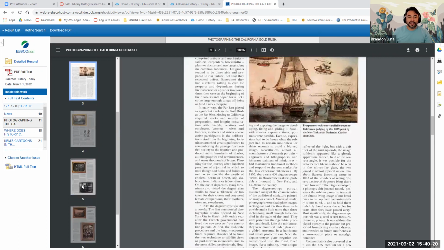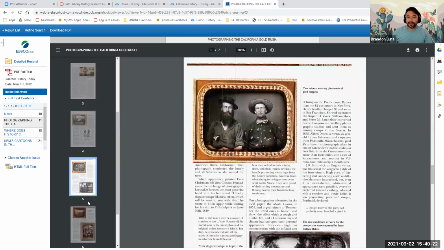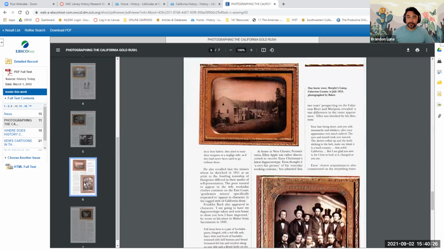So what I would suggest is, as you're thinking about your topic, just start browsing around. Some of these articles are going to be pretty easy to use. They're going to be accessible. Others are going to be written, like I mentioned, for other academics, so it may be so specific that it may not be as helpful, but this is one option you have as you start to browse around for information on your topic. All right, so I'm going to stop share.